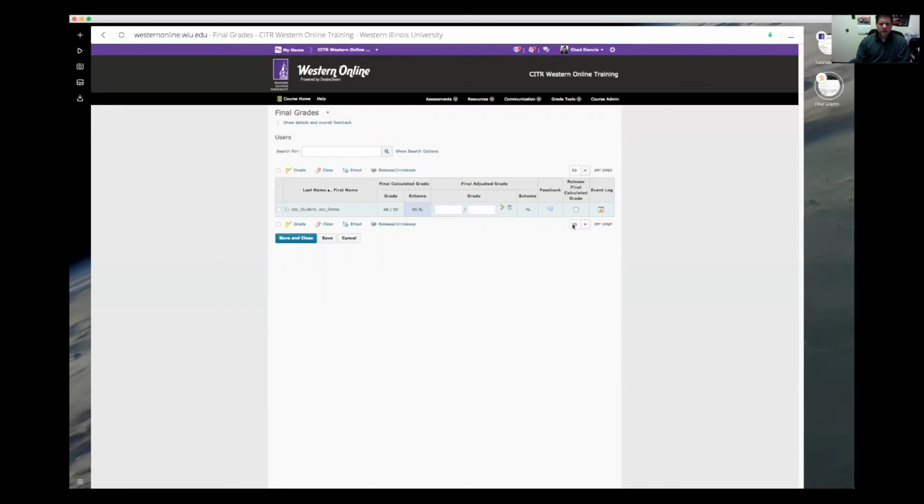And there's a quick way of doing that. So if you've got 100 students in your class, you don't have to click, you know, one at a time. What you can do is click this checkbox here to select all students. And then there's this release, unrelease option, and that would check every student at the same time for you. So now if I go ahead and save this,